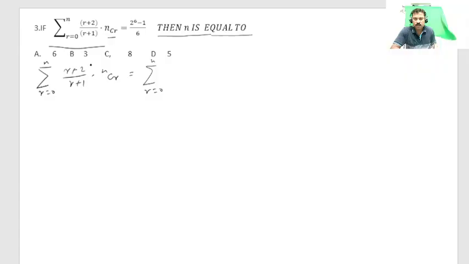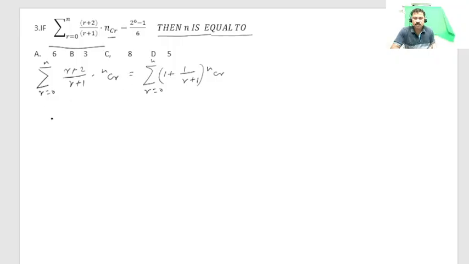If we calculate this, r plus 2 should be written as r plus 1 plus 1, that is 1 plus 1 by r plus 1 here. Okay, this is nCr. So we may write this as